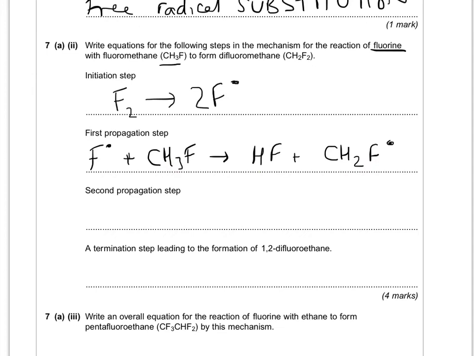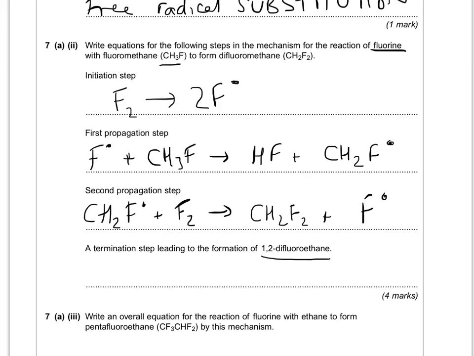Still, we need to balance the atoms, which some of you weren't. And then you've got the CH2F dot reacting with an F2, and that makes your product CH2F2, and it makes F dot again to go back into the first propagation step. So those 2 go over and over again. And the termination step needs to make 1,2-difluoroethane. That's going to react together 2 CH2F dots to make